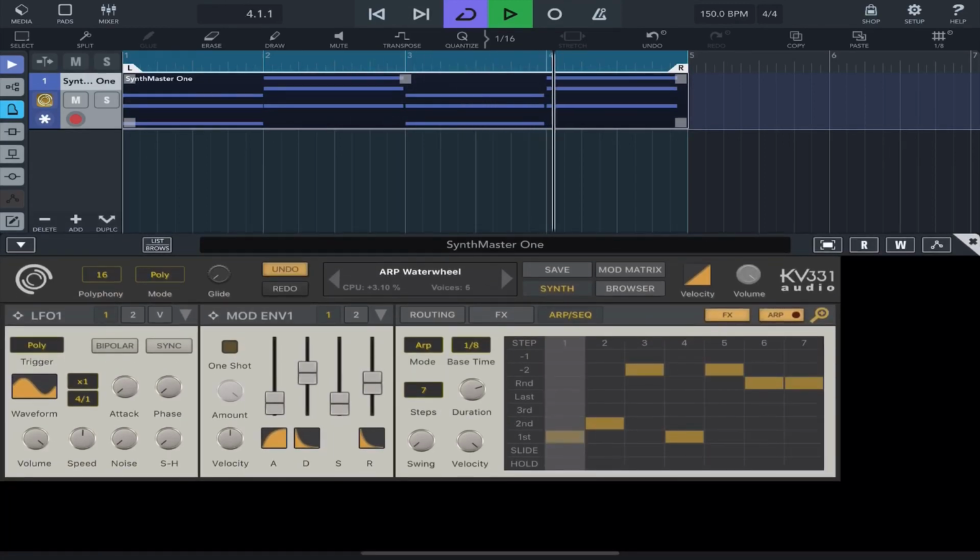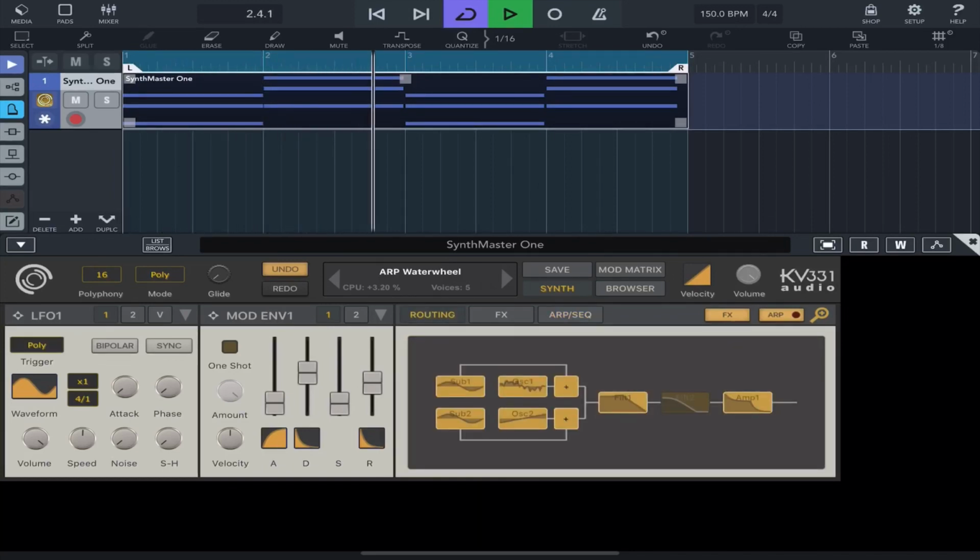Okay, so now I'm messing around a little bit with arpeggiated settings, just to get the sound to my taste. And once I'm done that, once I'm happy, I'll just leave it that way. And now I just turn on